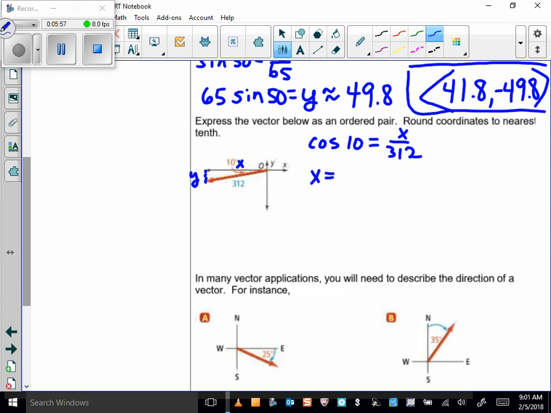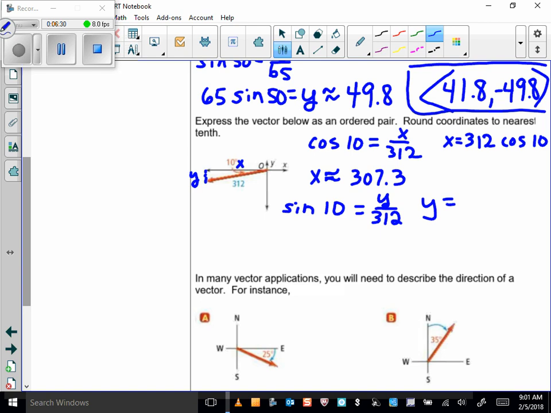So x equals, and I've already worked this out, so I'm not going to go to the calculator this time. I'm just going to tell you that it comes out to be approximately 307.3. X is 312 times the cosine of 10. You can punch that in, and you really need to do that. Okay, and how about y? Here y is the side opposite, so we're going to use sine. The sine of 10 is y over 312. So y is 312 sine 10. So y is approximately